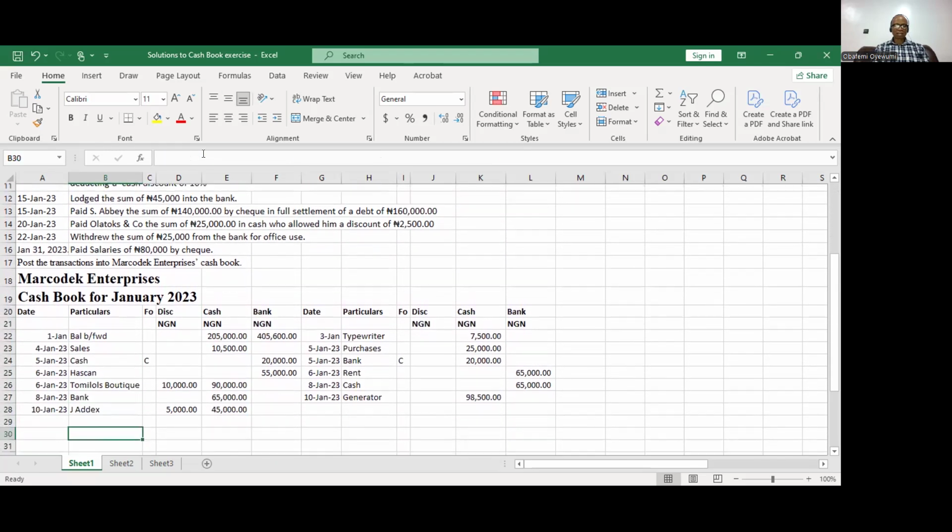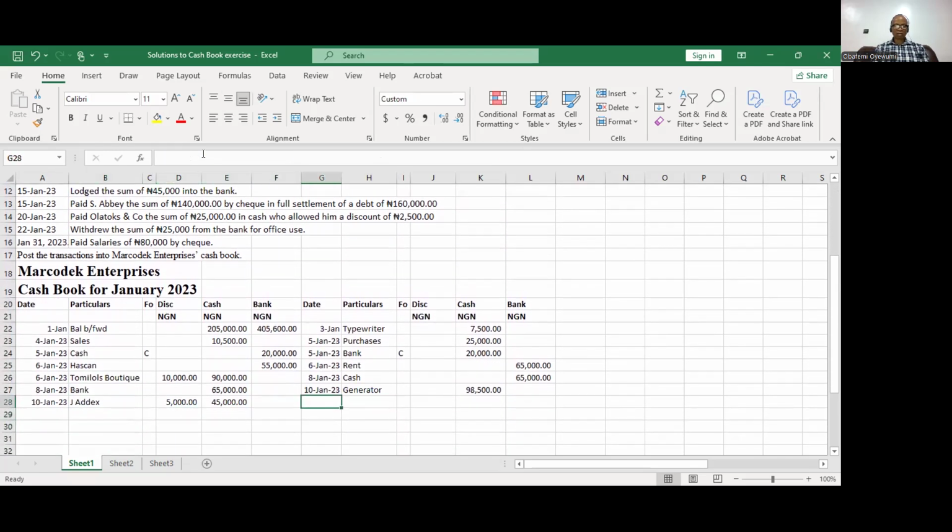So we're going to say from cash, move from cash. It happened on the 15th of January 2023. So you're going to have here bank. Because you're taking from the cash, how much are you taking now from the bank? 45,000. So this is a contra entry now. Don't forget the contra sign. So you have your January 2023,